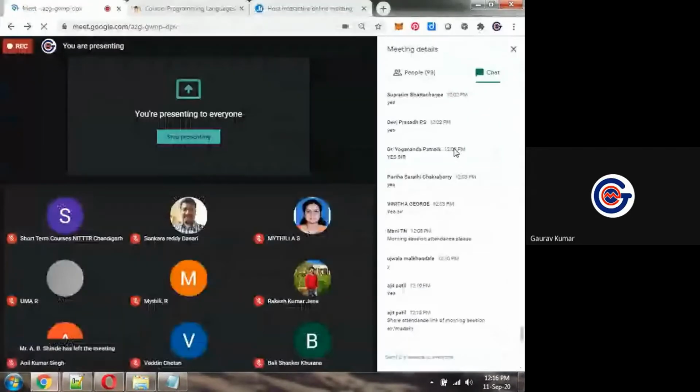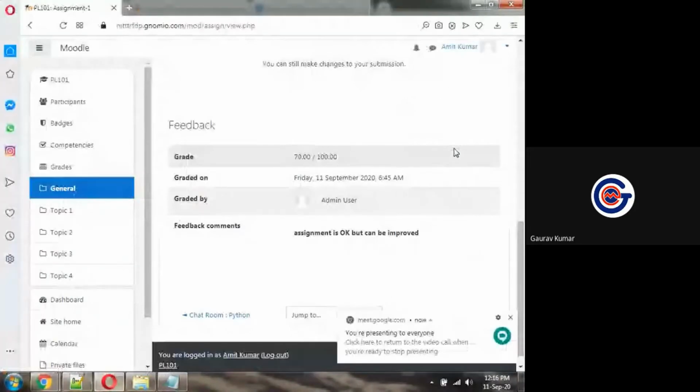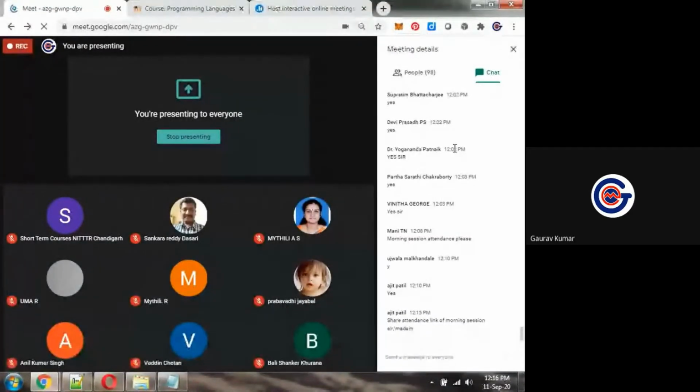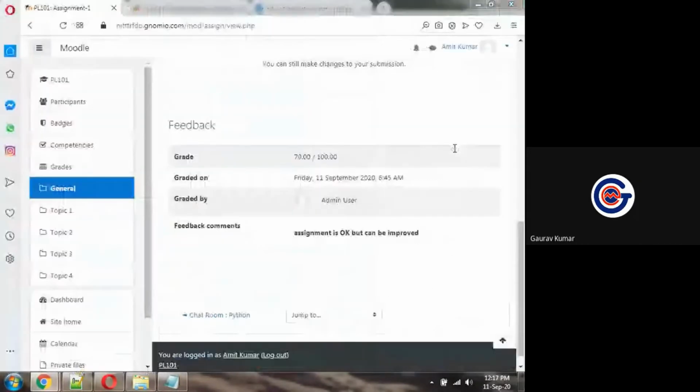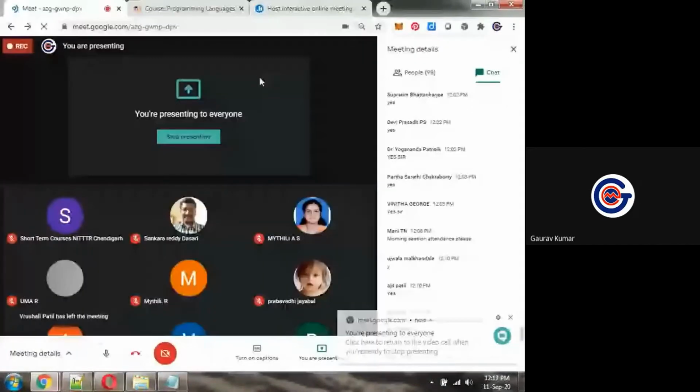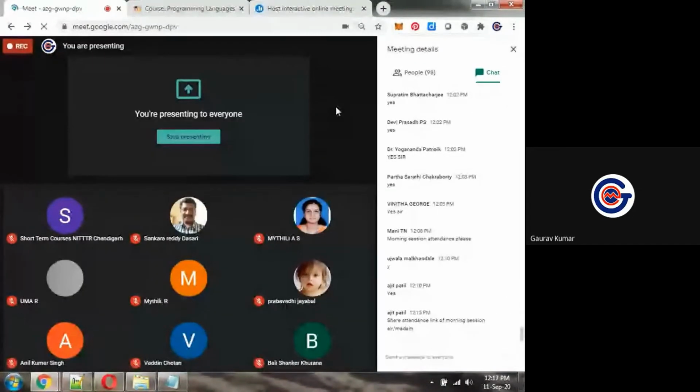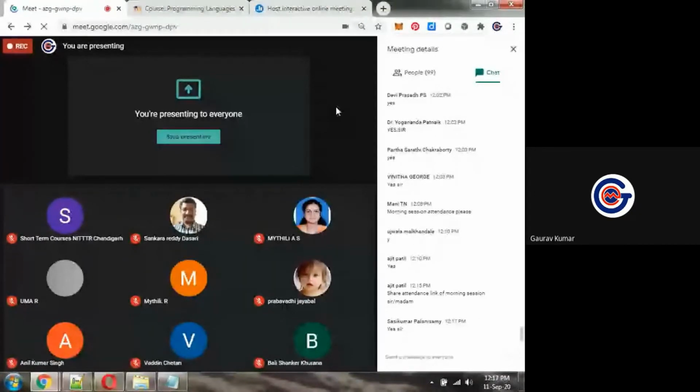Okay, is this point clear to all of you? How to work with assignments? Very simple. So teacher is giving assignment, on other panel student is checking, student is replying to that assignment, then teacher is grading the assignment, then student is checking, okay, how many marks are given by my teacher. Okay, so by this way, this is an activity, this is two-way communication or multi-way communication. Okay, is this point clear to all of you, how to work with assignments? Is this point clear, how to work with assignment module? Very simple. Now